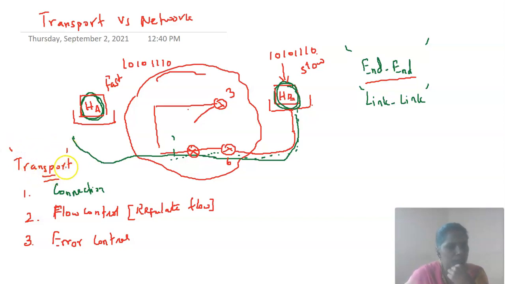The transport protocol is responsible for establishing the connection between the sender and receiver. It creates the connection between the sender and receiver, and it is responsible for regulating the flow of data between the sender and receiver, that is flow control, and it is responsible for controlling the error. Controlling the error means detecting and correcting the error. Now, controlling the error doesn't mean that reduce